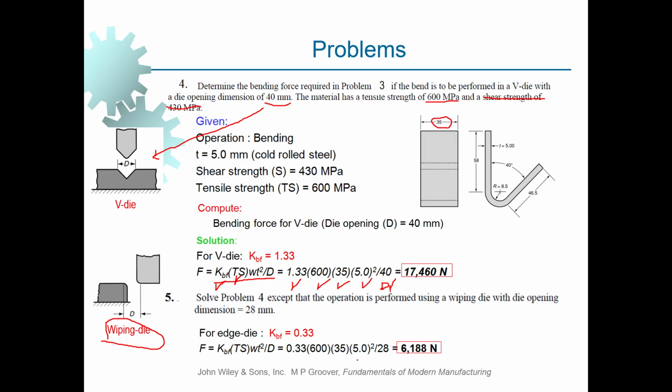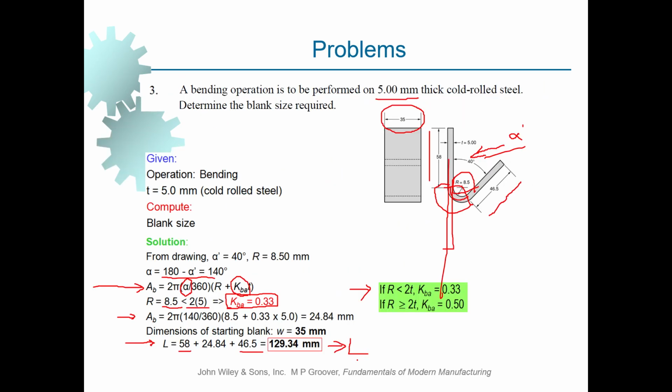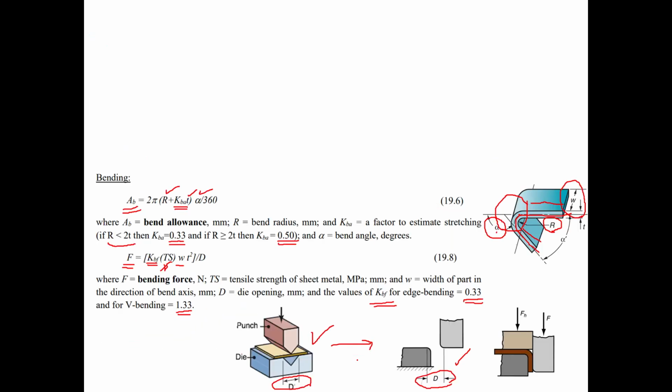We need to know that we also need to apply a blank holder when we are making use of edge bending. A holding force is also needed, which is used in order to hold the sheet metal on the die when bending is in progress, and this one was not needed when we made use of